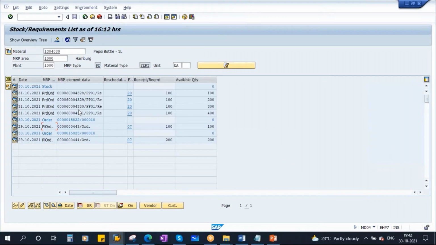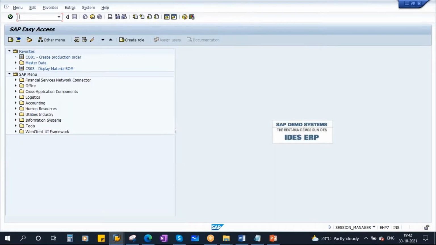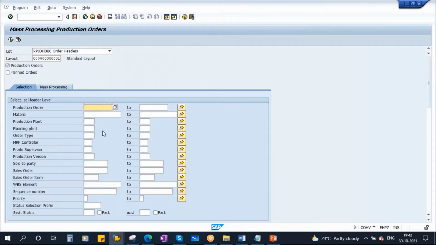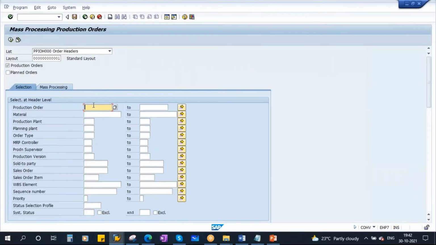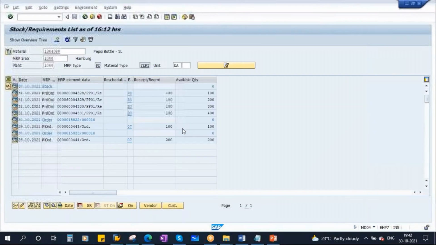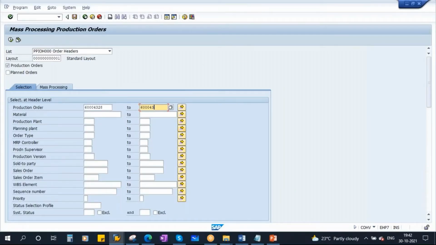These production orders we need to close. Just one minute, let me clear out everything.